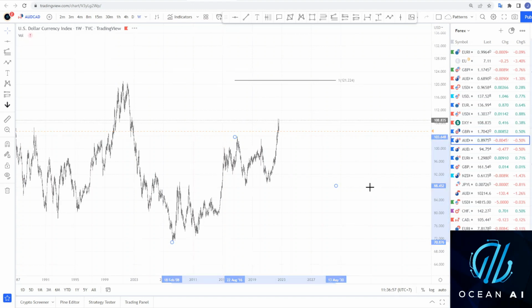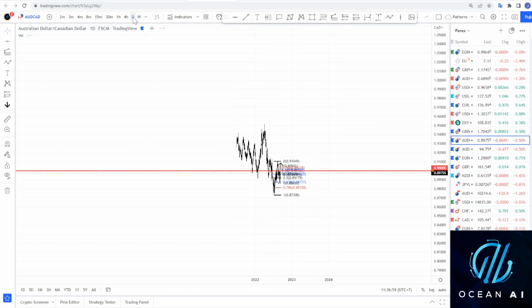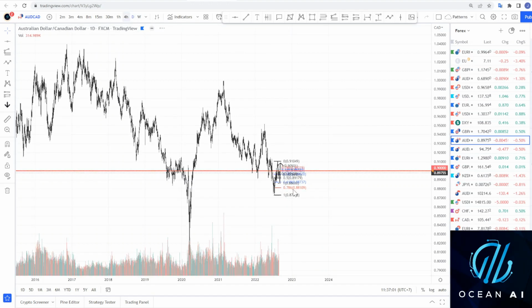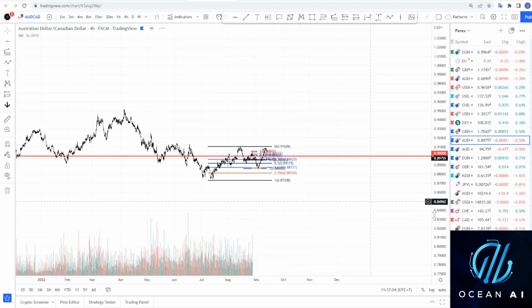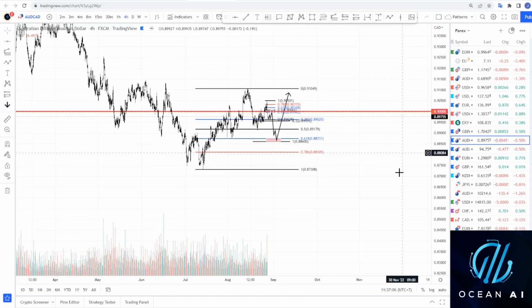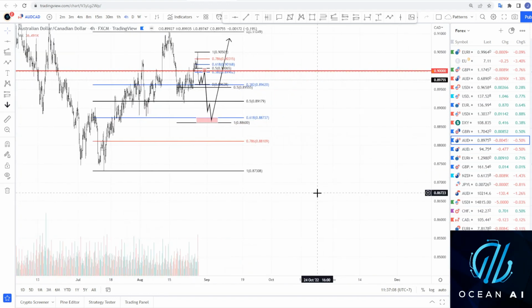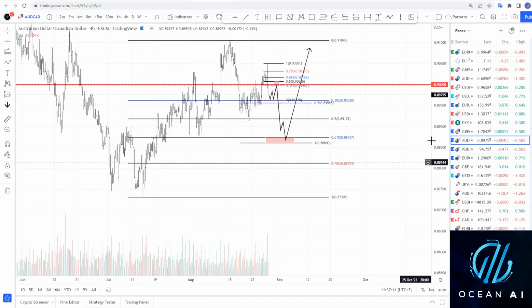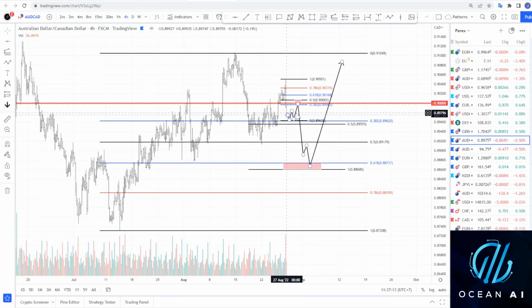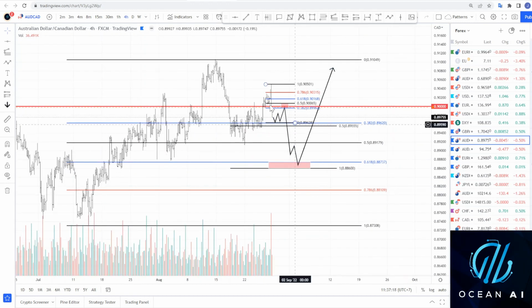What else we got? I'll just have a quick look at the Aussie Canadian, this trade we're in from Friday. The reason I held it over the weekend is because we had a good lead and we've had this sharp drop. So this is my rough way of how I'm looking at it. Come Monday, should see a low come in and then get a pullback and then get further sell-off down towards 88.70,